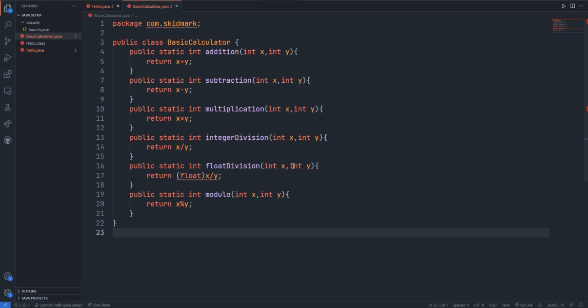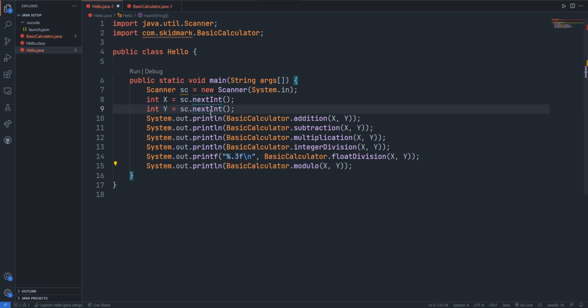After that we have to run this problem. First I have to save this program. I have saved this problem. I'm going to run this with the command javac -d dot basic calculator.java. From float to int. Okay,